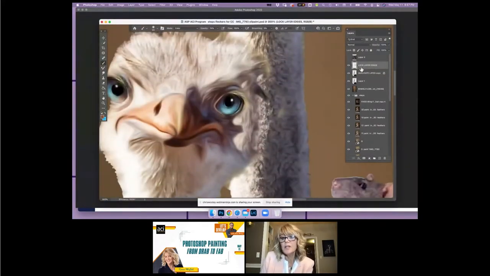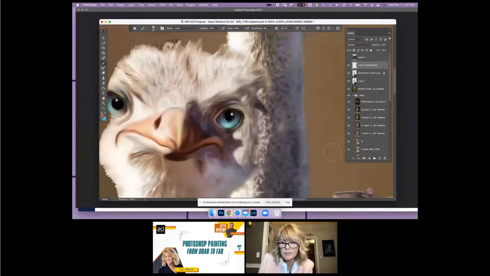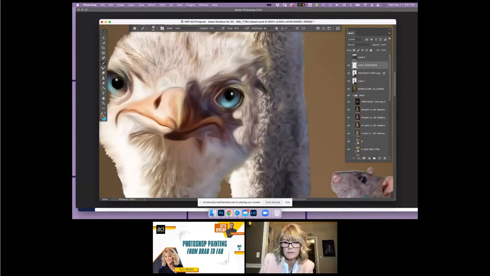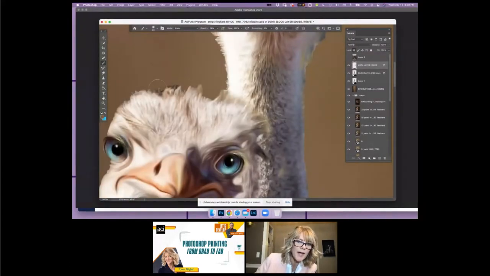Well, you can keep it locked. Yeah, because if you keep it locked, you're not going to be able to smudge out anything. Like watch, if I, okay, so let's go back to the spot that I locked. If you lock it, wait, hold on. If I lock it and I pull out this black right here,